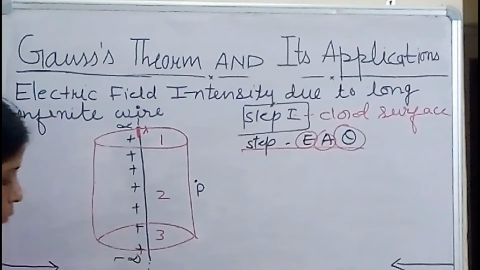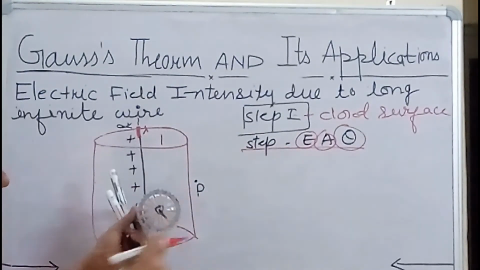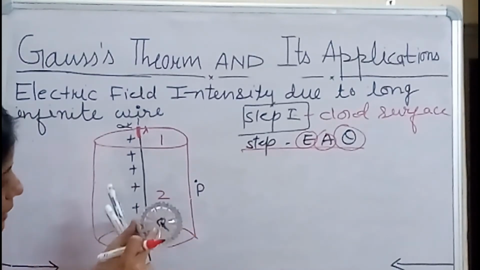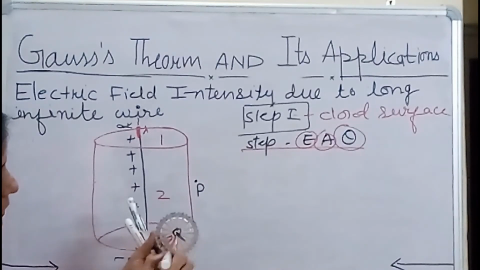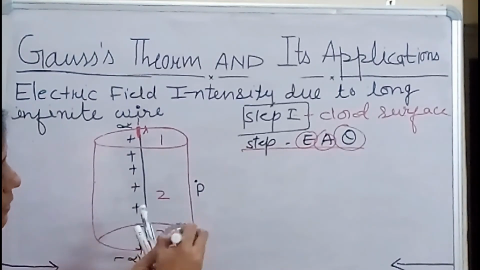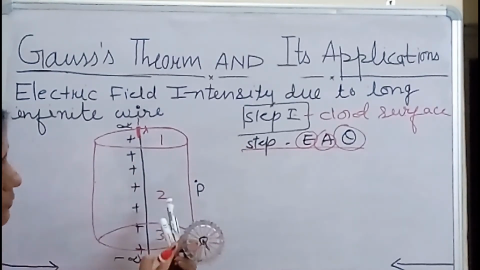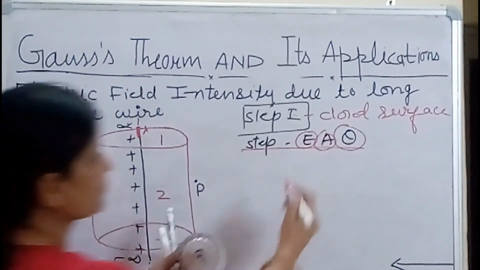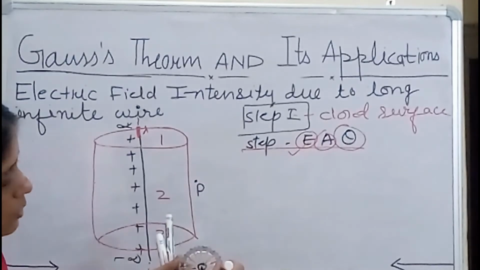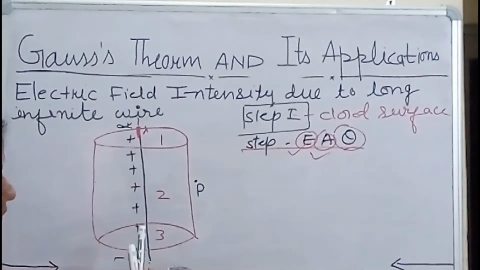See in surface 1, see the symmetry of E, A and theta. If this is the cylinder, the outer surface of the cylinder, and Q charge is lying over here, these are the electric field lines, all at the same distance. It means symmetry of E would be the same, E same, because R is the same for all. So symmetry of E is done. A would all be perpendicular, outside. And theta, the angle between E and A, is 90 degrees.